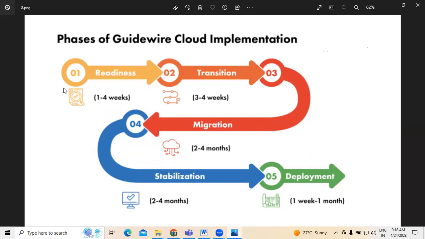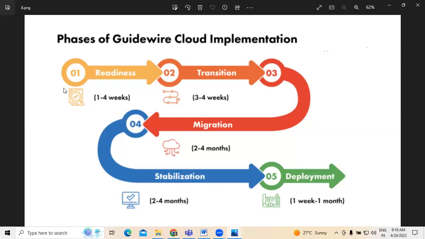Now, the readiness stage includes assessments of pre-work as well as review of technical findings from any cloud optimization backlogs, which will take anywhere from 1 to 4 weeks, depending on the size of the organization. The transition stage includes program roadmap definitions, development of a list of designated functions and key workflows, and creation of conceptual sprint plans and process testing strategies, which may take 3 to 4 weeks.